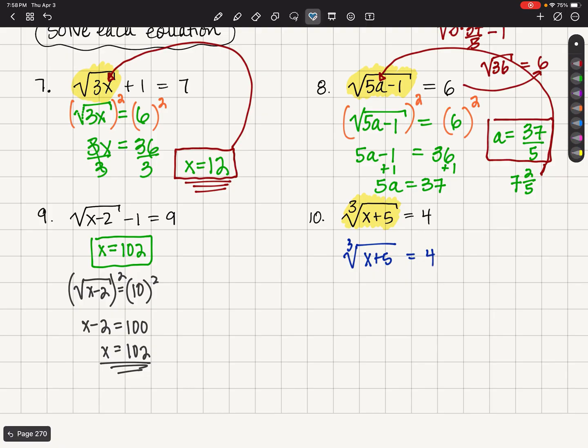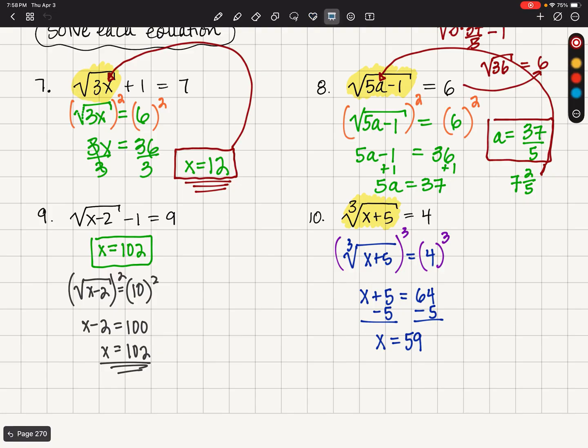And I'm going to raise both sides, this time to the 3rd power. That's because I have a cubed root, and cubing undoes the cubed root, which is going to leave us with just x plus 5. But then on the right, I've got 4 cubed, which is 64. I subtract 5 from both sides. I get x equals